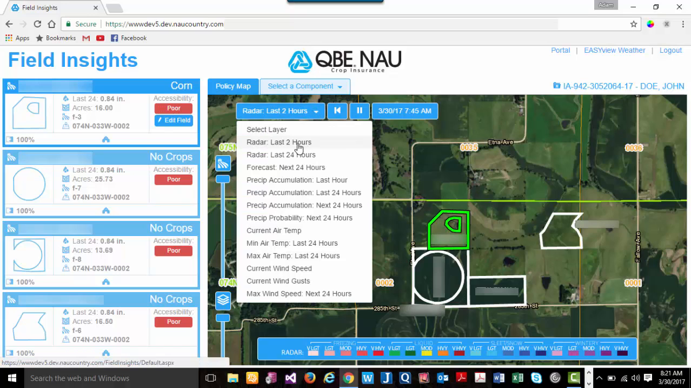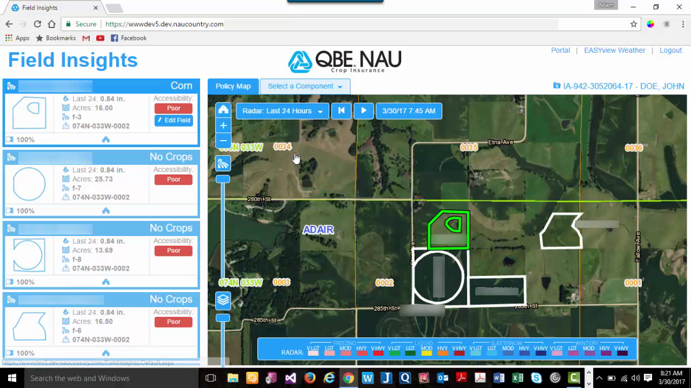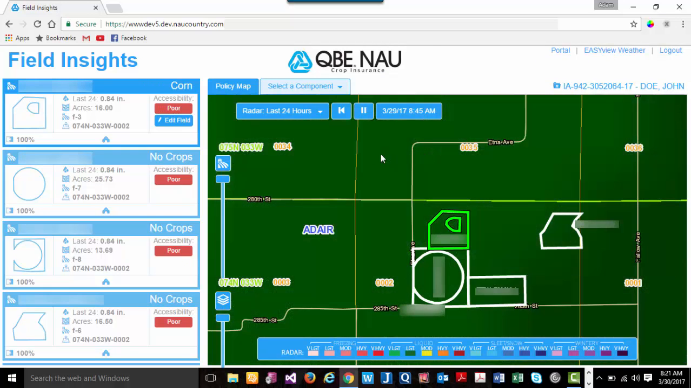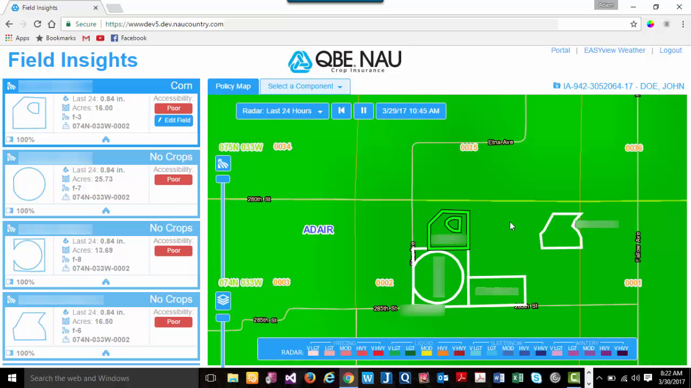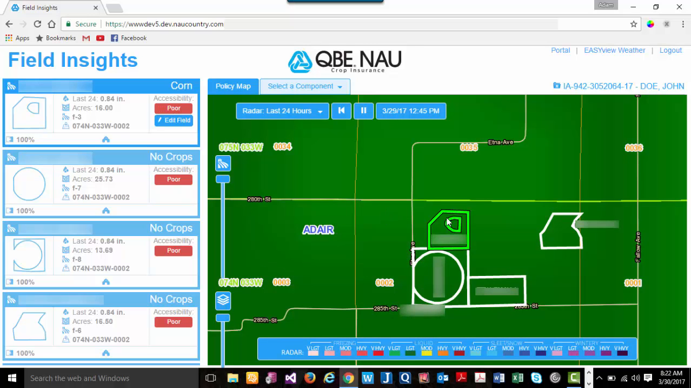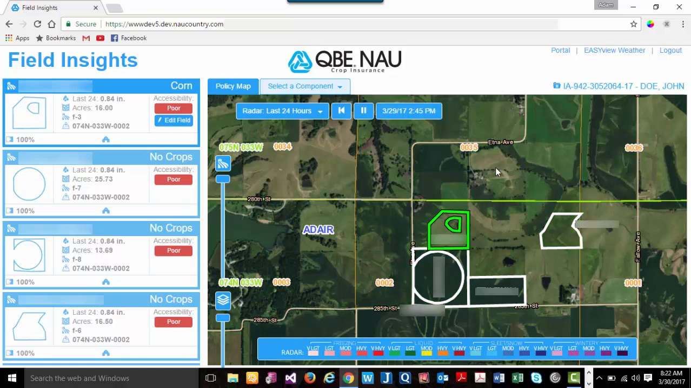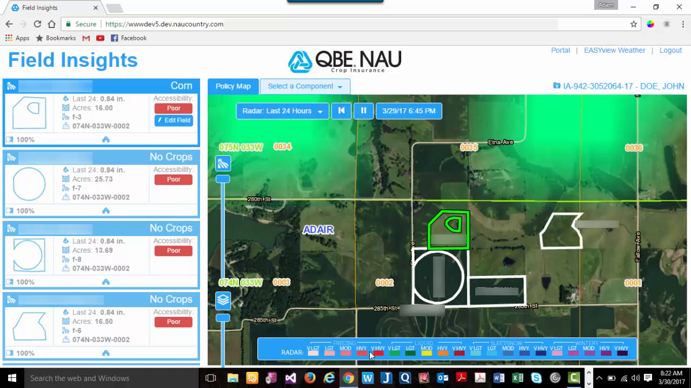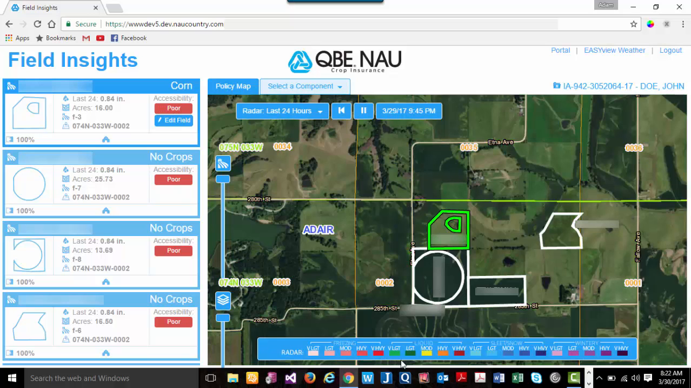But let's say we go ahead and select the last 24 hours. We select the last 24 hours and we select play, again preparing a playback for us, and we should be able to see, there you go, some of the radar move through the map. Now, in addition to just the actual radar moving through, you can see there's some colors there. We've provided a legend that falls on the bottom of the map there